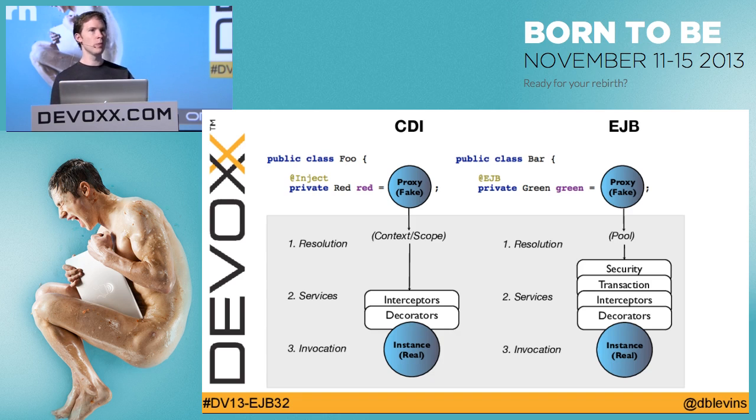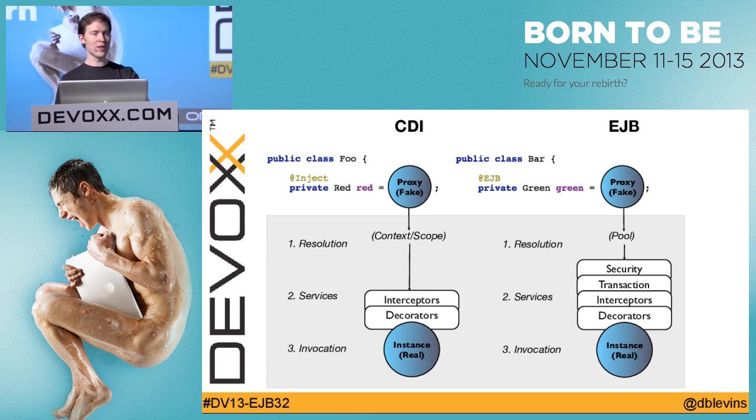If it's request scoped, it's effectively looking in a thread local for the instance, pulls it out, invokes it. And you can create custom scopes, which means that if you're an EJB fan, good news, you get to create your own bean type, which is pretty awesome. This is something that you can do with CDI, and the great thing is that if you simply want to manage the scope, when things live and when things die, you don't have to reinvent the entire wheel. All the dependency injection works, and all the other parts are there, and you simply have to manage resolving that